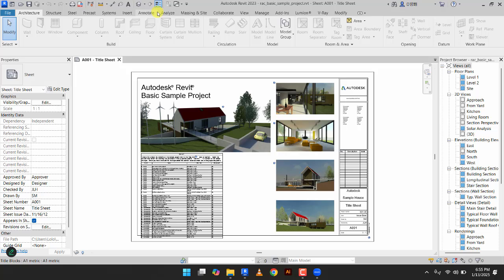You have file, architecture, structure, steel, precast, system, and so on. The names you see there, we call them tabs, like a browser tabs. So when I say go to architecture tab, I mean come and click on the name here, architecture. We good? If I say go to structure tab, I mean click your structure tab here. That's what it means. So go to analyze, click on analyze, go to view, manage, you go there,